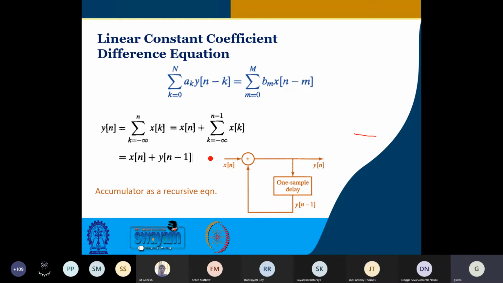Before that, this part I perhaps did not discuss. So this is the same system. If you put it in the form of a signal flow diagram, then xn is the input, yn is the output. This yn is delayed by one sample to give yn minus 1, and this is getting added to generate yn. So this is a summer. So we can write it in this manner also at the block diagram or signal flow diagram level. More about it we shall see later.